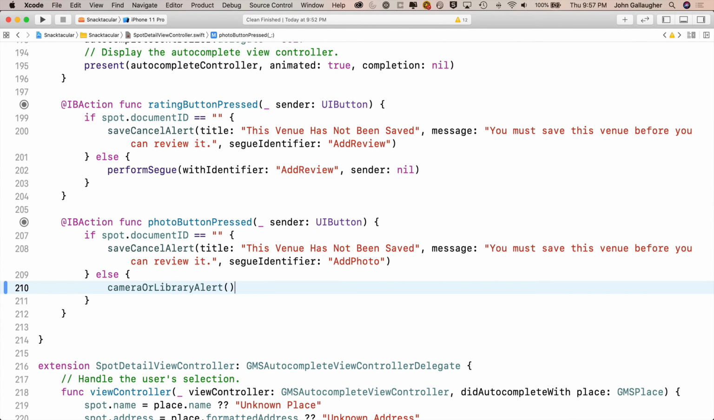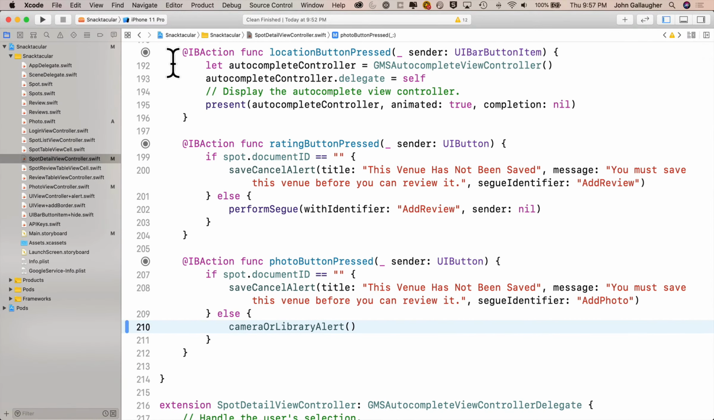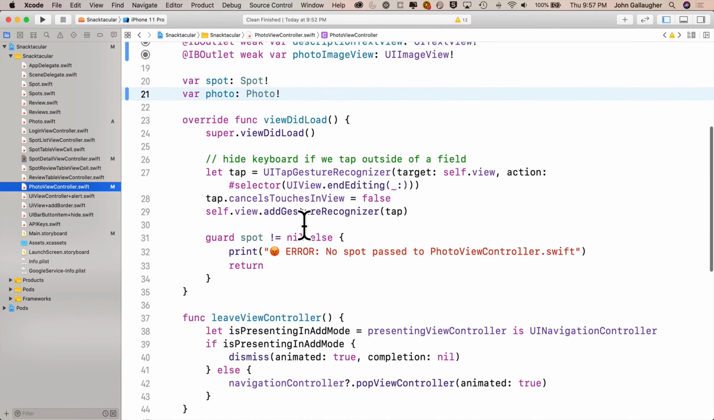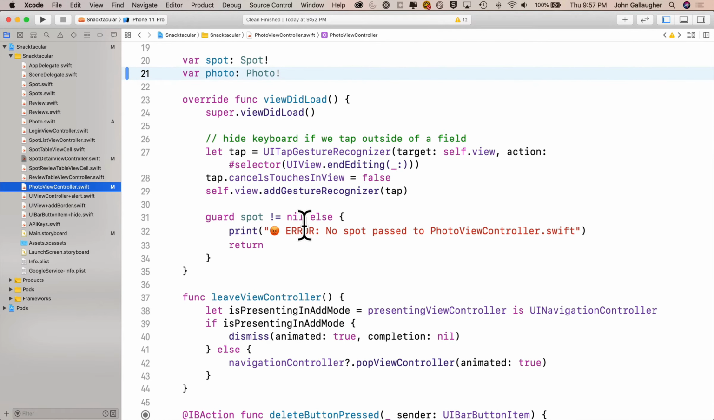Now let's scroll back to where we were in photo button pressed. Now we should have all of our code to get a photo and pass it to the photo view controller. So let's head back to the photo view controller and finish up the interface. In view did load, after we check in this guard statement to see if the spot is nil, we also